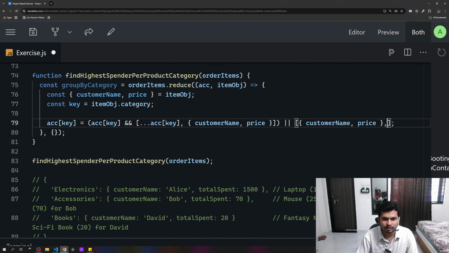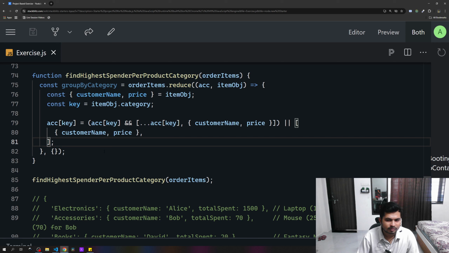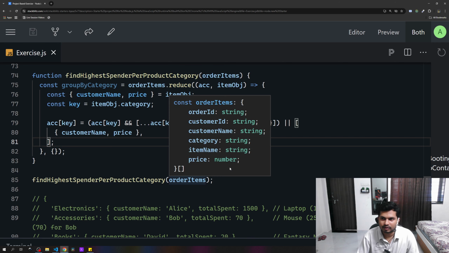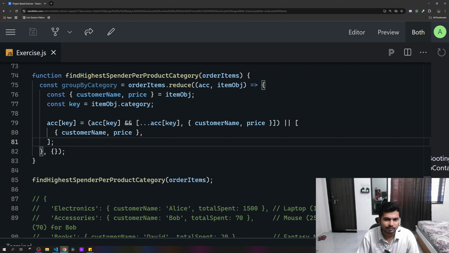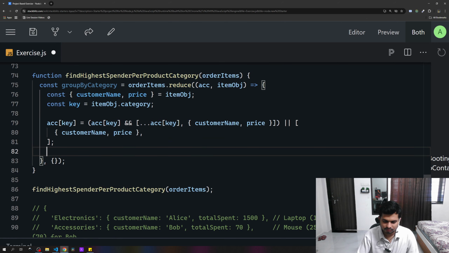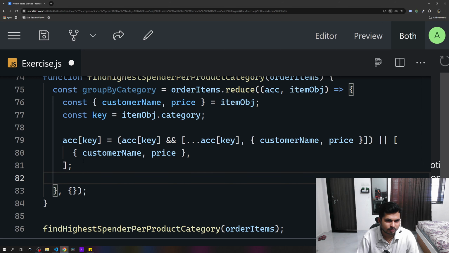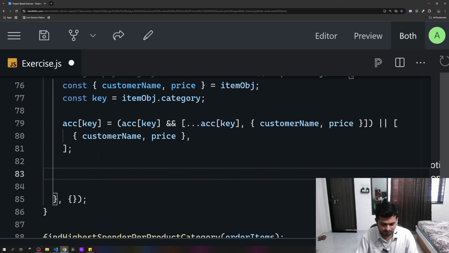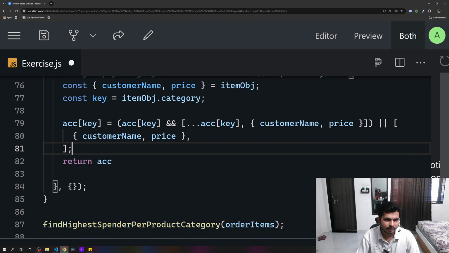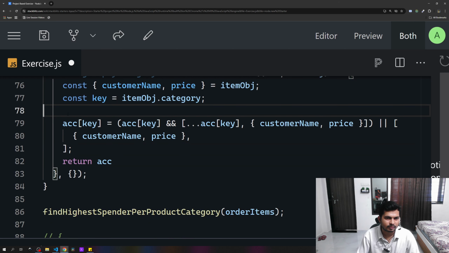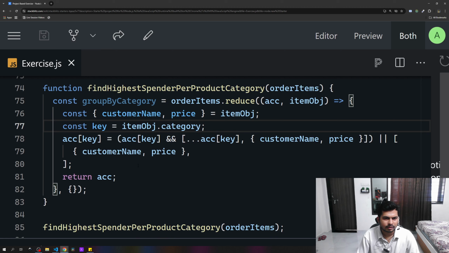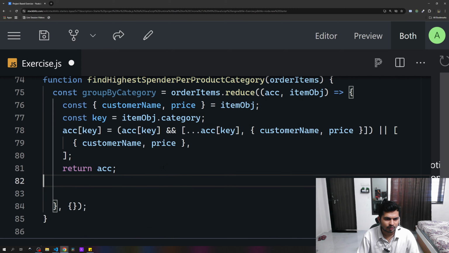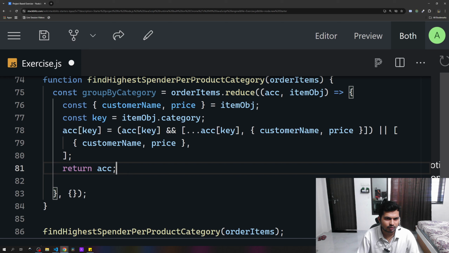I hope you can see on the screen. Prettier is already doing something inside, that's why it's on the next line. I hope you can understand this. And we can return this accumulator after all the things are done. And if we console.log this group by category,